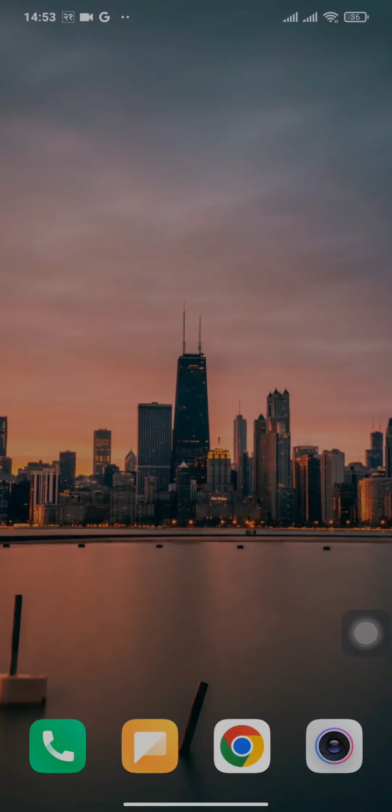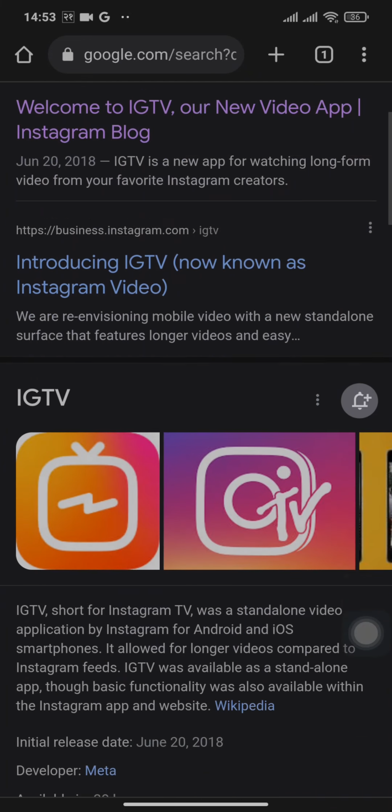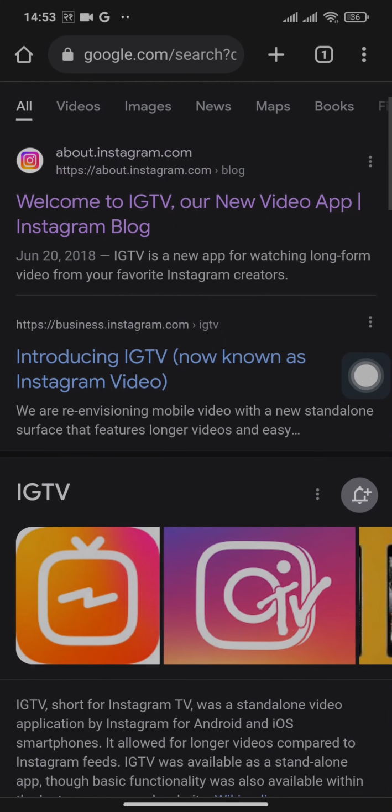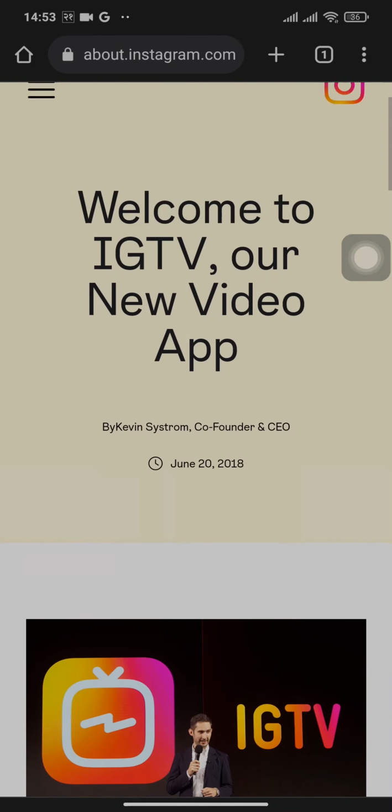Now the next thing is Instagram is trying to create a new, separate platform for IGTV. If you open up any web browser and search for IGTV, here you can see the official website of Instagram. If you tap to open that,